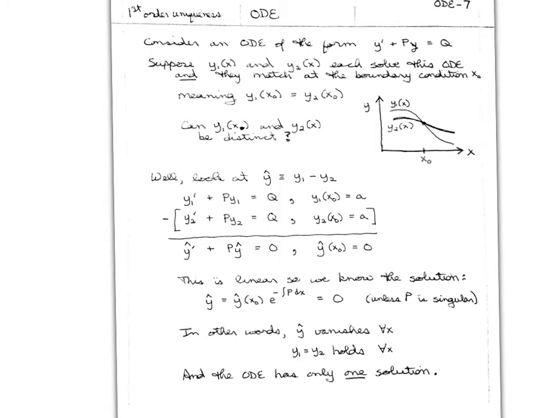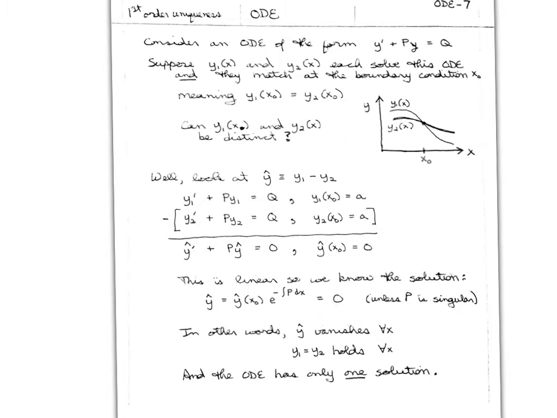And we see that y hat evaluated at x naught is 0, because y1 and y2 agreed for that value of the boundary condition. Now this is a linear equation, so we know how to solve it. And it's in fact got q equal to 0. So we know it's just separable, and the answer is exponential. Y hat is the value of y hat at x0 times e to the minus the integral of p of x dx. But y hat evaluated at x0 is 0. So